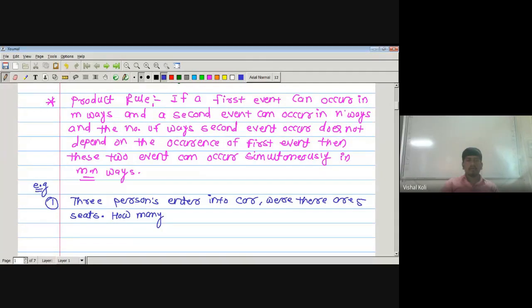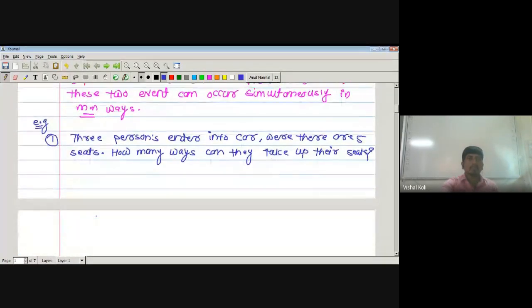In how many ways can they take up their seats? Okay. In such cases, we have to use the product rule. Here, three persons enter into a car where in the car there are five seats. Now here we have to find out the number of ways they, that is these three persons, can take up